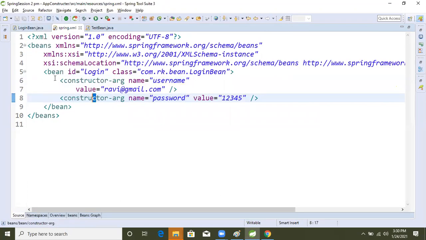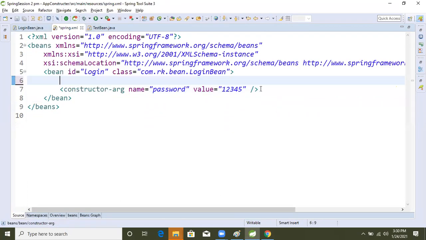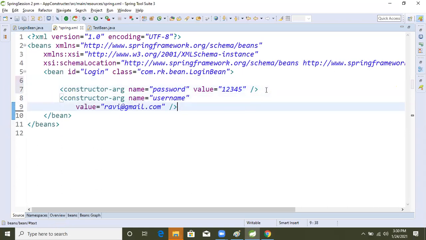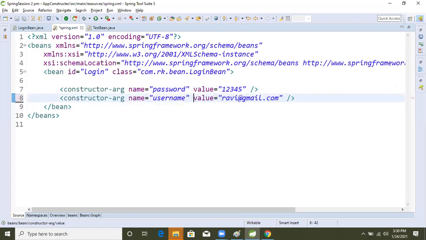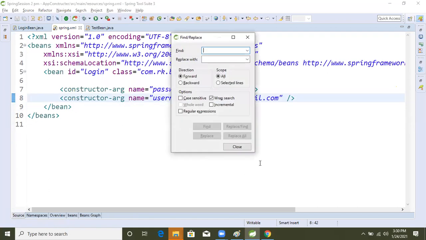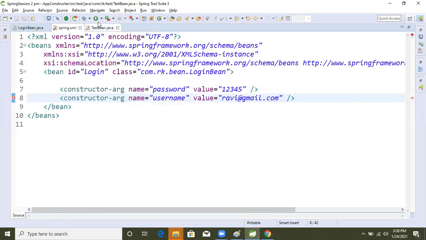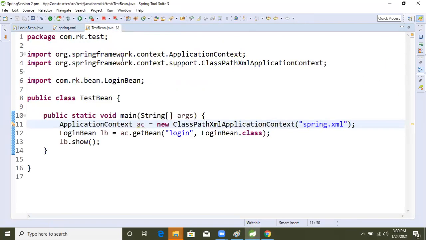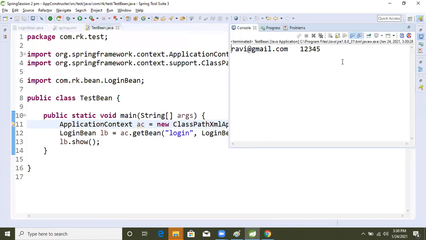Based on the name, if you take this constructor, our IoC container will inject into the same parameter, same argument only. It will not differentiate, right? Because of that we use the name attribute. So till now the things are clear, guys. Yes, sir.